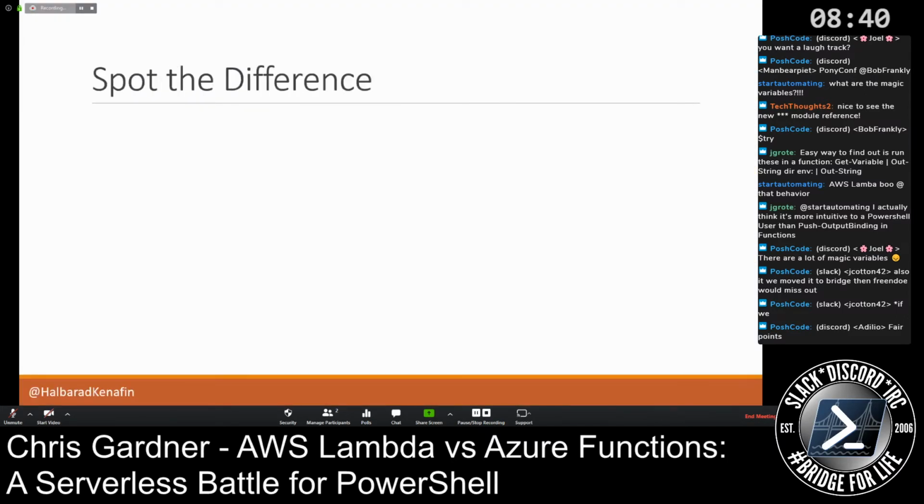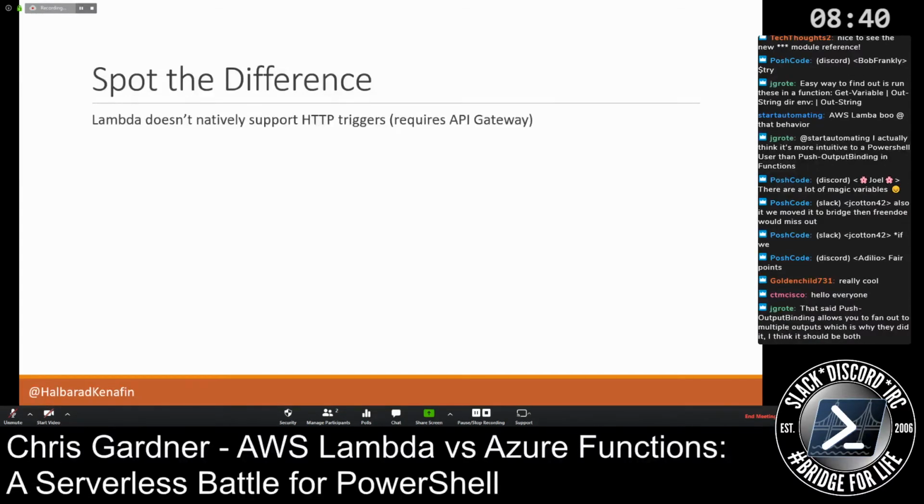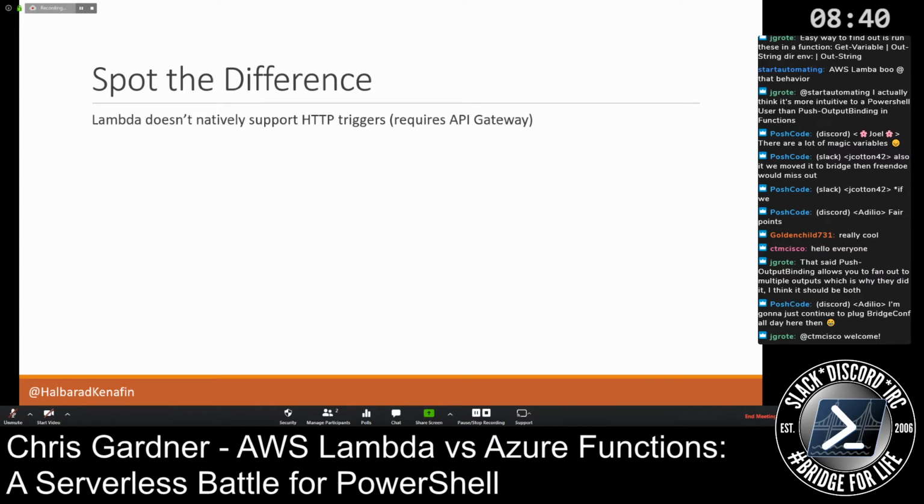So what are the big differences between the two platforms, since they both seem very similar? Lambda doesn't support HTTP triggers natively, as I mentioned. It requires API Gateway, which is a pretty cool piece of tech, and allows you to front up a bunch of APIs behind this, or a bunch of Lambdas, or anything else you want.